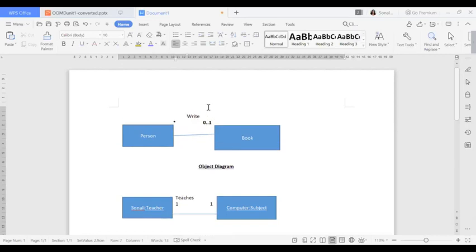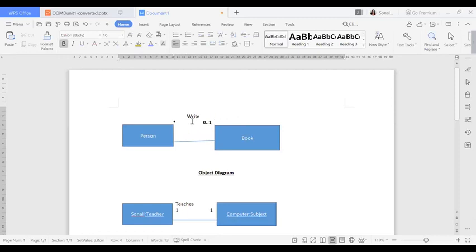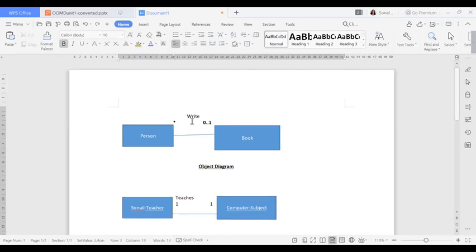Okay. So now suppose I want to give association end names. What kind of association end names can I give? The person can teach also, and can write the book also, right? So I can give this side teaches, and also this side I can write textbook.